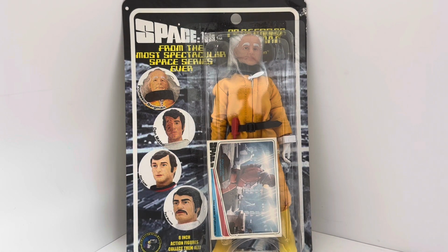Okay, so how well did these figures do? Not particularly well. Again, they were only released for a short amount of time, 2004, I think, through to 2006. I don't think the sales were great, but they have now become incredibly collectible and quite difficult to find again. But as usual, we at Midas Touch have managed to find a few,